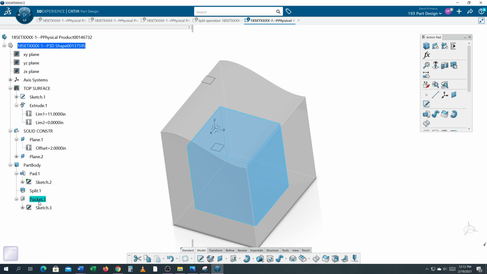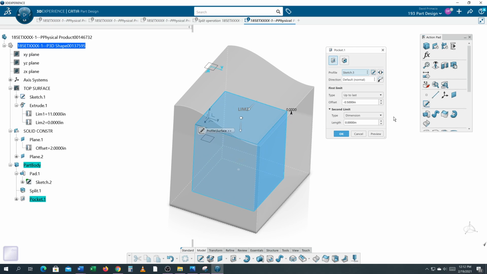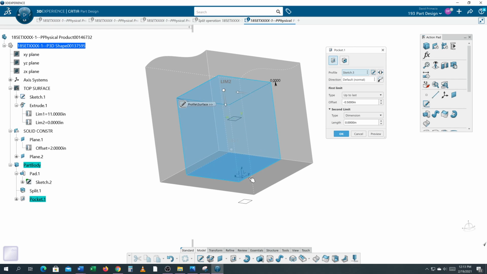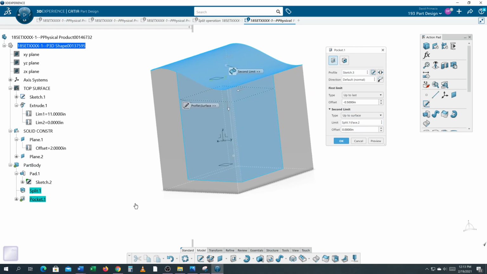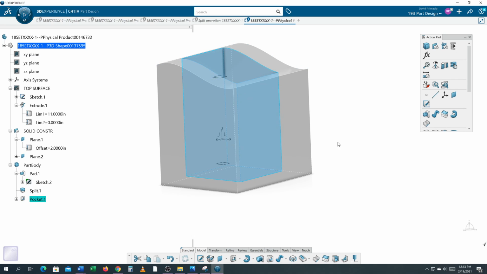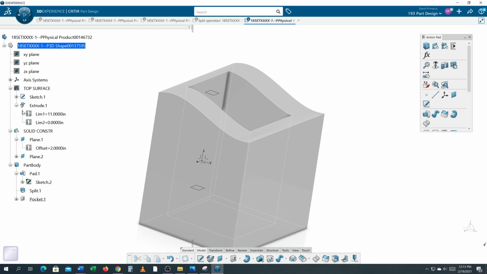Remember, when you're doing your second feature, once you've created a pad, you create your second feature, we controlled up to last so it would link to the bottom of the part minus a ½ inch. But on the second limit, we never controlled anything. We want the second limit to always be on top of the surface. So I'm going to say up to surface, and I'm going to grab this surface that's the top contour of the part. When I select OK, no matter what I do to that surface,